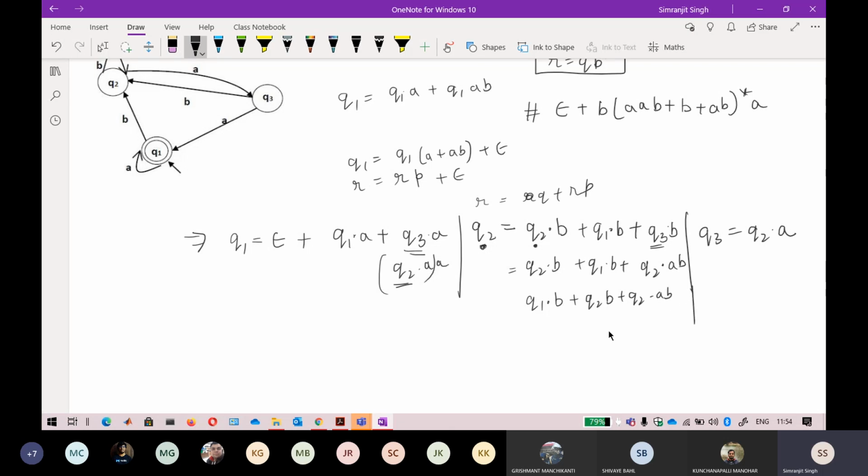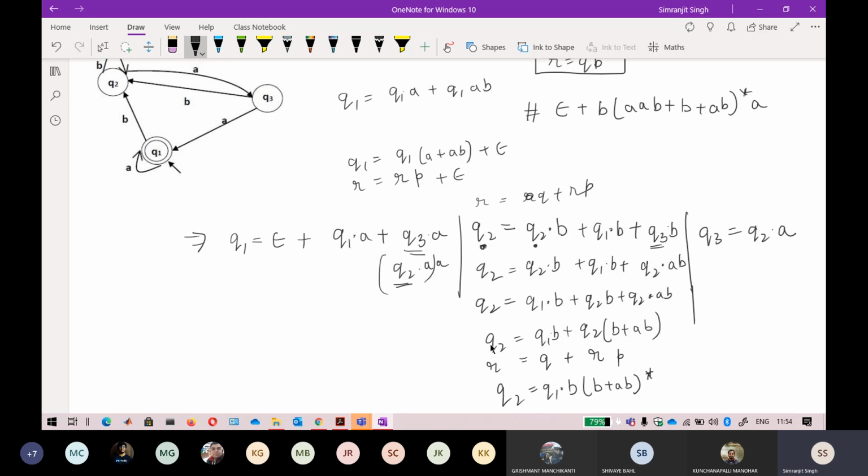Now if you clearly see, as I told you, take the states common. Clearly you can see Q2B can be taken out of it, but I do not want that. I just take Q2 from it. Okay, so it will become B plus AB and it will become your Q1B. So this will be your Q2. Okay, so this will be your R, this will be your Q, and this will be your R again, and QP. So it will become QP star. So it will become Q1B followed by a P star. So it will become B plus AB star. I think that will be your solution for Q2.